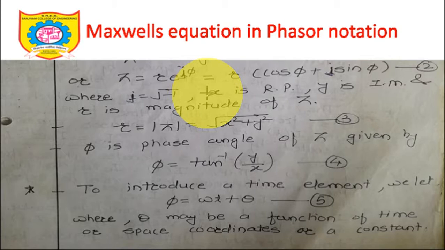No doubt about this, we can write it like this only, where j is equal to under root of minus 1, x is the real part and y is the imaginary part. These things are already clear to you. Now let's start with what is r. r is the magnitude of z, and e raised to j phi is represented as cos phi plus j sin phi. So can I write r, if it is magnitude, as mod of z? Yes, I can. So r is equal to mod of z, which is equal to under root of, let's go back to this particular diagram.